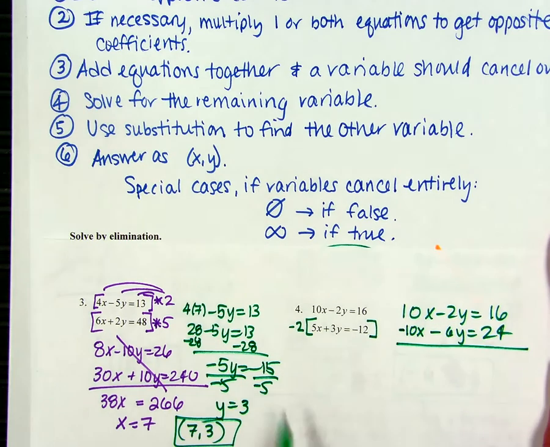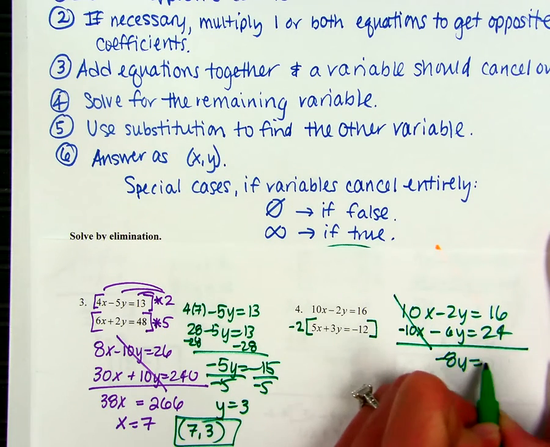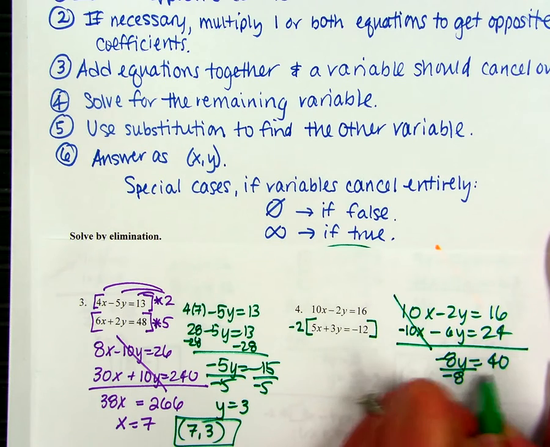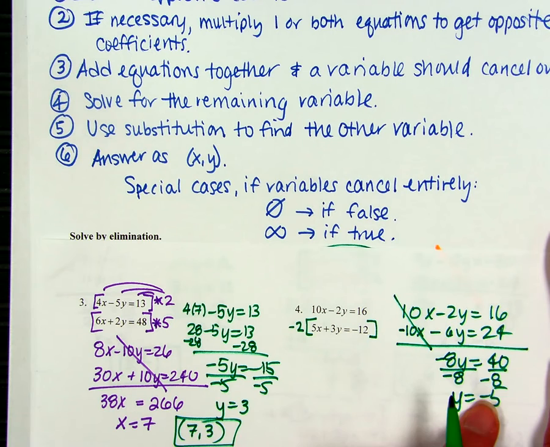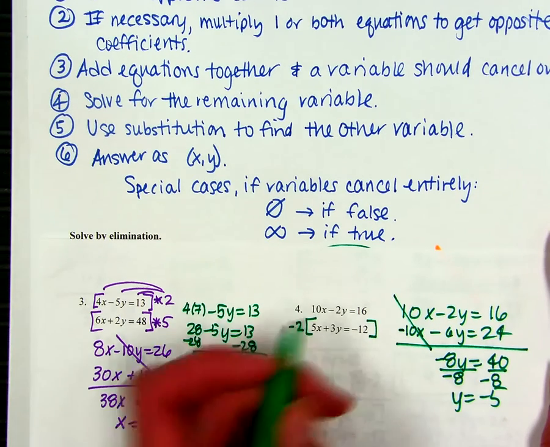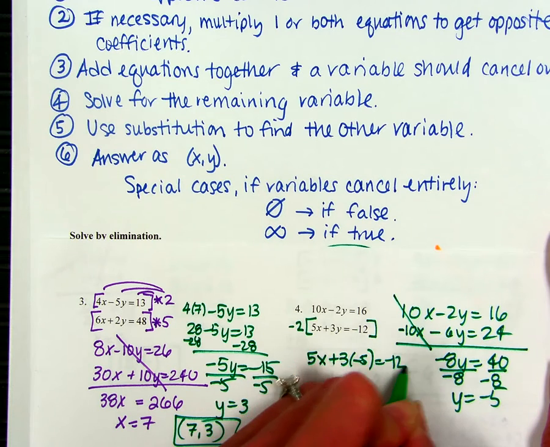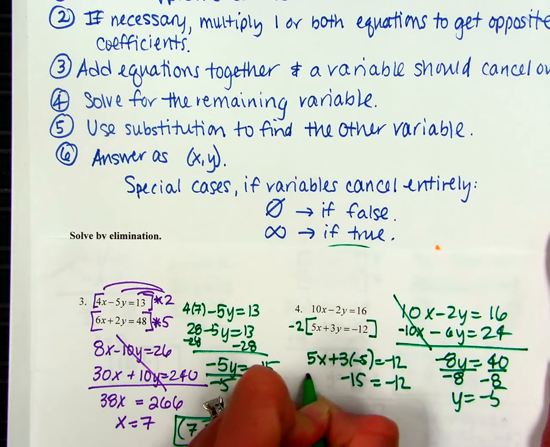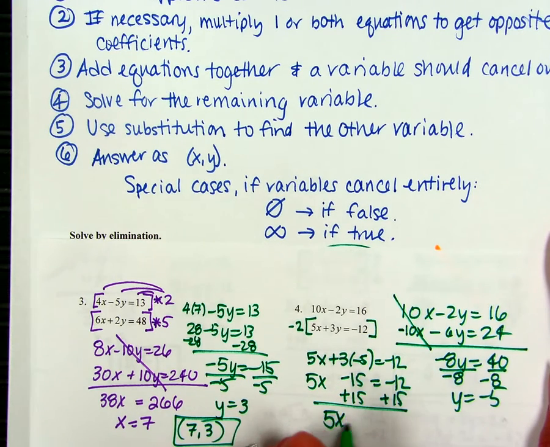Now we get our opposite coefficients. So add the 2 equations together, I get negative 8y equals 40. And if I divide by negative 8, I get negative 5. And then at this point, you can either substitute the negative 5 into this equation, or the new one that you have. So pick any one. I'll just go with this one because it has the smallest numbers. So 3 times negative 5 is negative 15. And if I add 15 to each side, I have 5x equals 3, and x equals